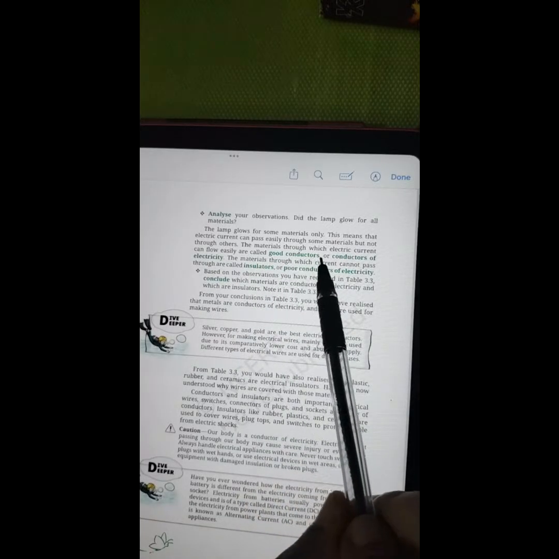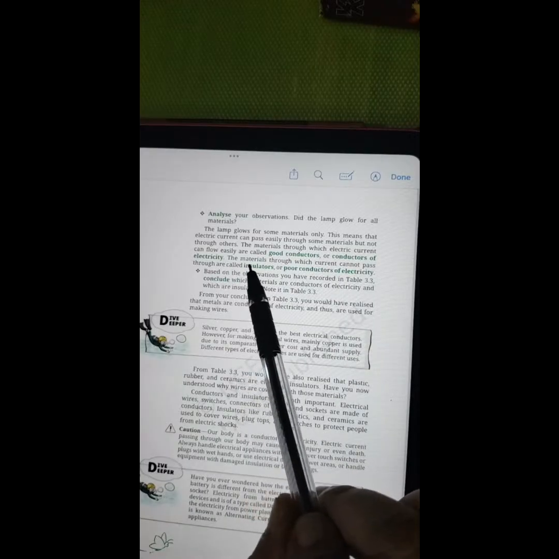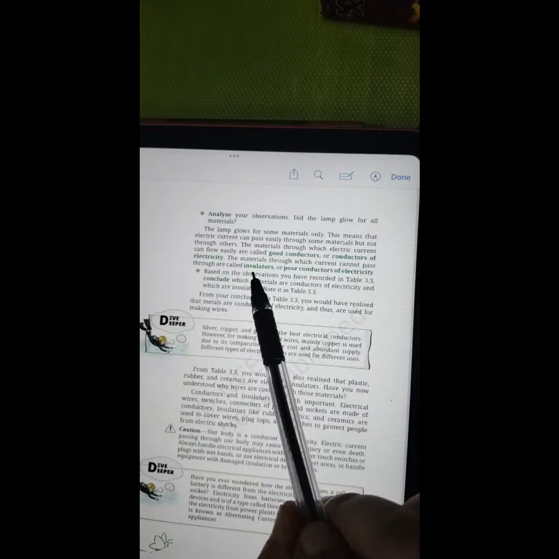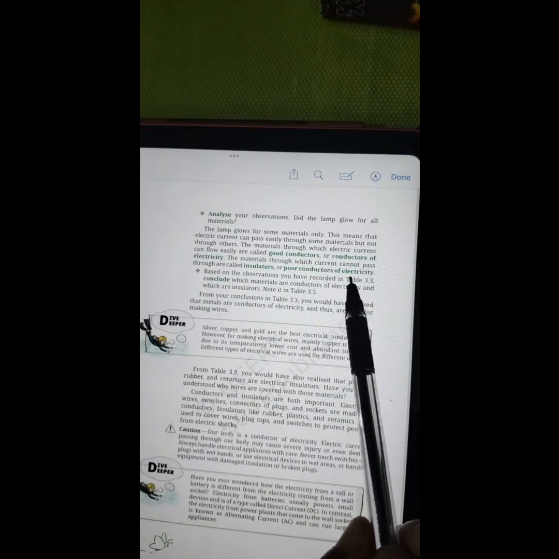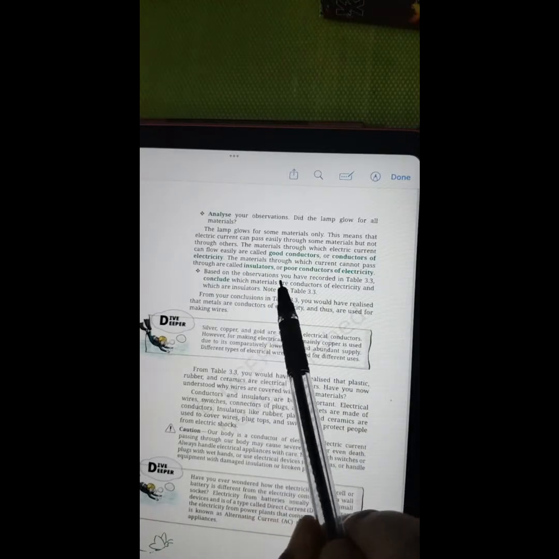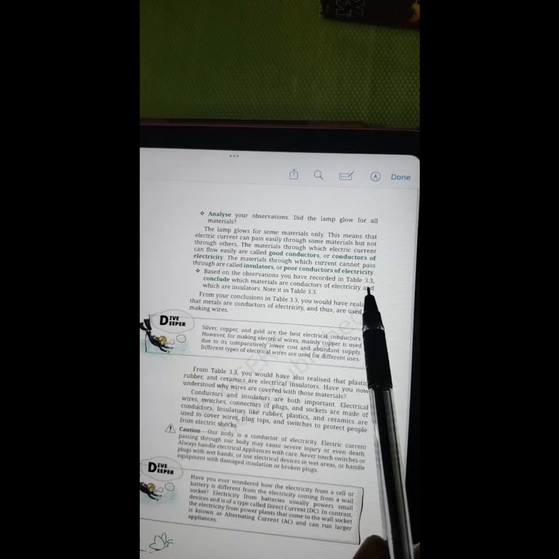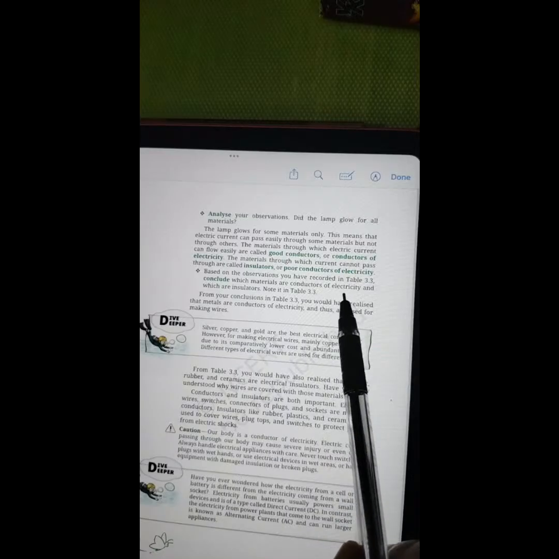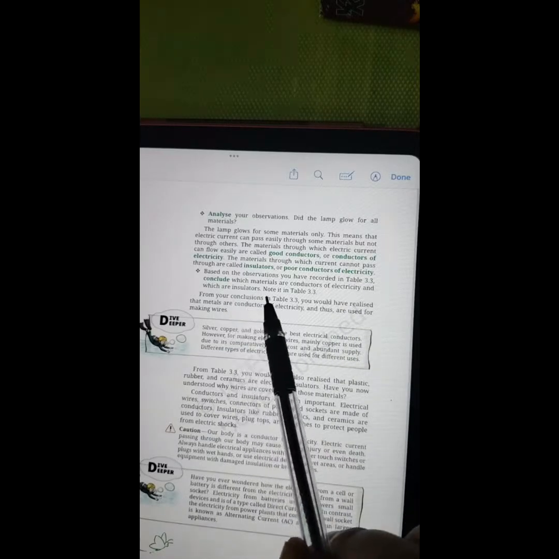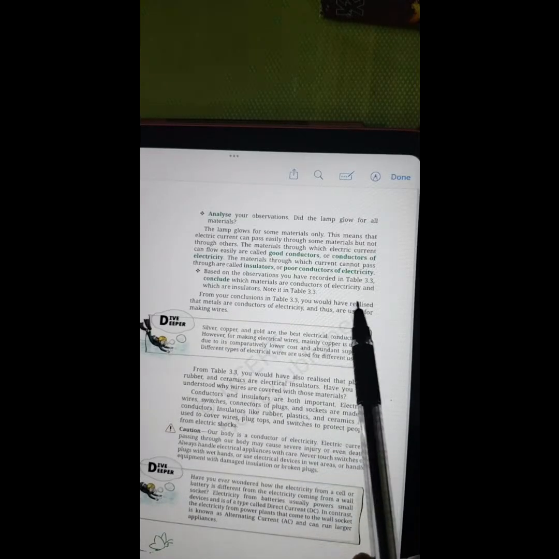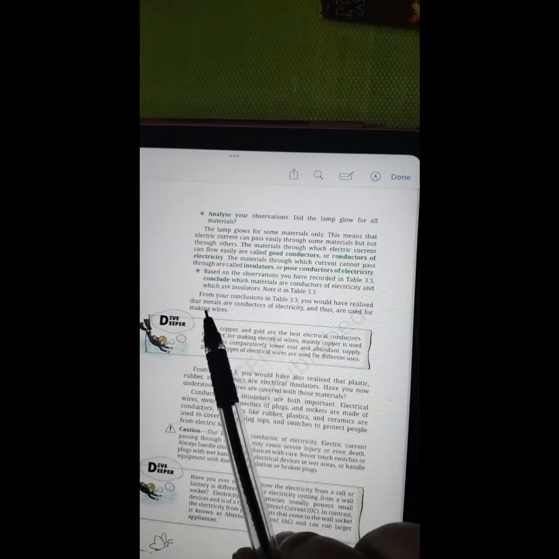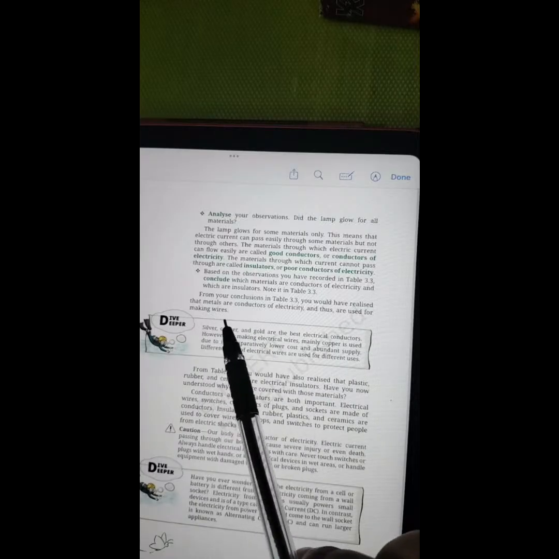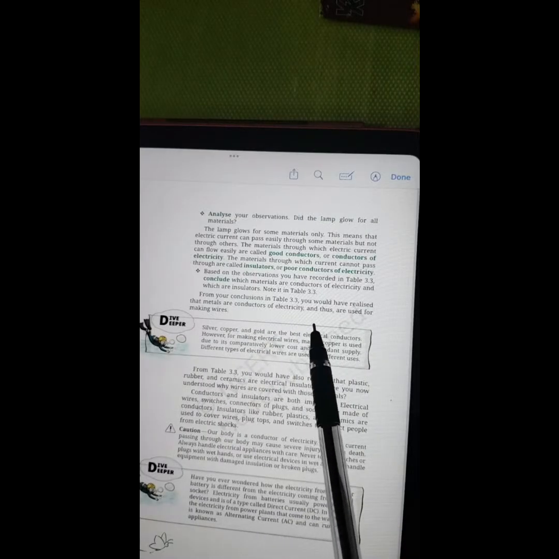The materials through which electric current can flow easily are called good conductors or good conductors of electricity. The materials through which the current cannot pass through are called insulators or poor conductors of electricity. Based on the observations you have recorded in table 3.3, conclude which materials are conductors of electricity and which are insulators. From your conclusions in table 3.3, you would have realized that metals are conductors of electricity and thus are